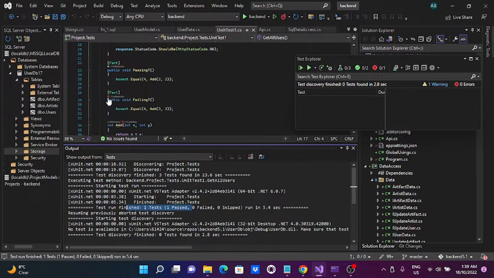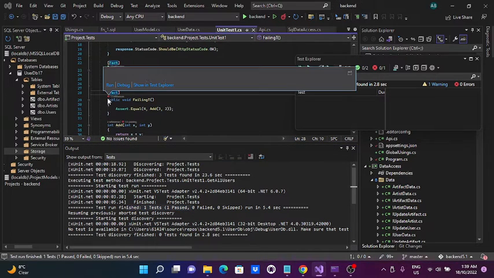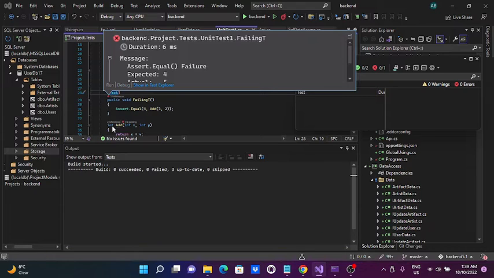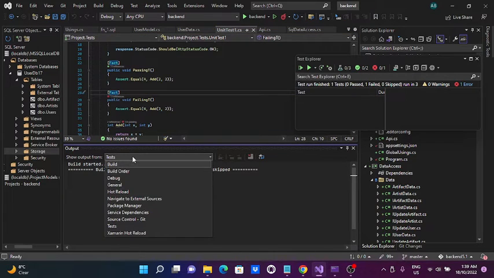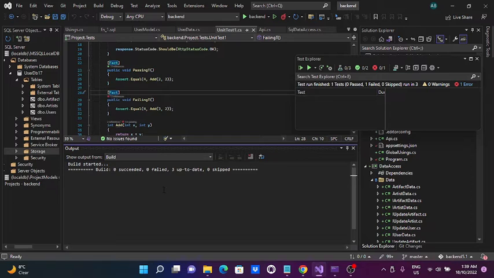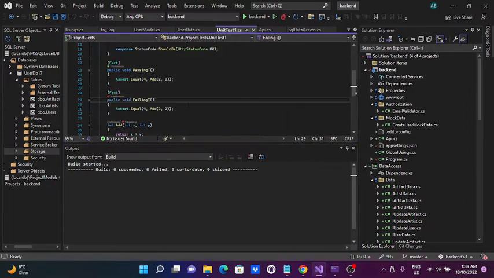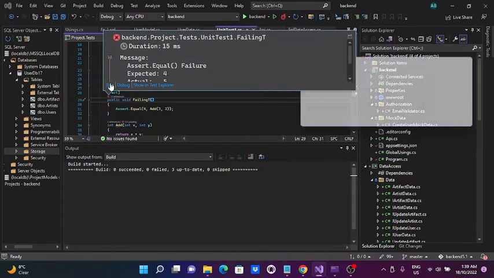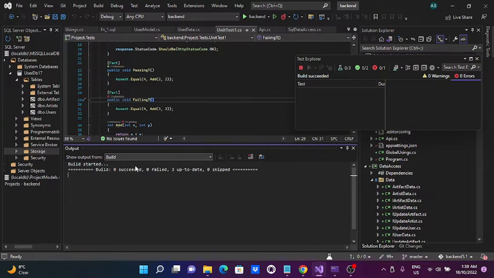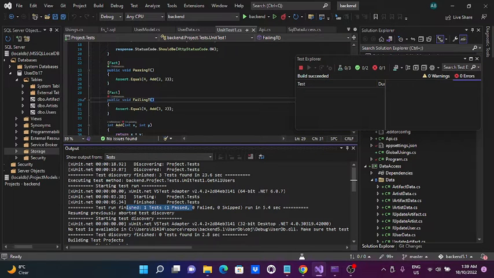If I were to run this one that fails, then obviously it fails because 3 plus 2 is not 4. And it's actually going to show, I have to close it. You see, I am not really proficient with that, but